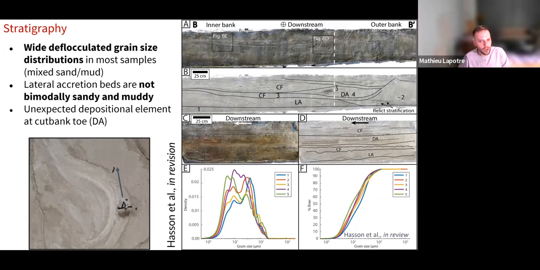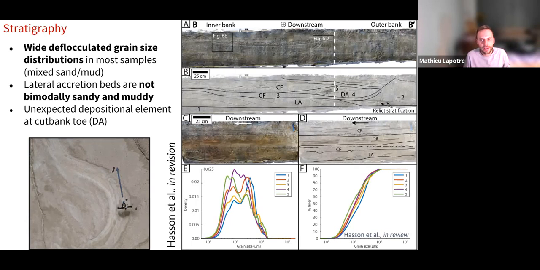And finally, while we were in the field, almost all sediment appeared by eye to be roughly fine to medium sand. However, when we brought the samples back to the lab and measured their disaggregated sizes, which again are shown in panels E and F, we were surprised to see such poorly sorted sediment ranging from clay all the way to fine sand.